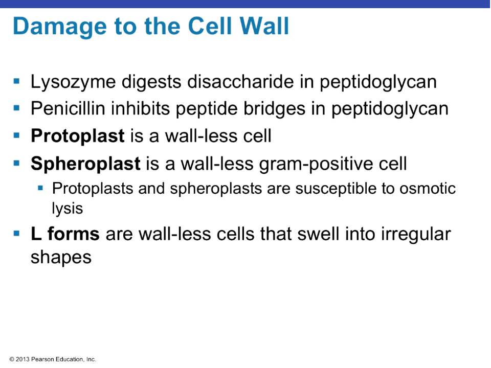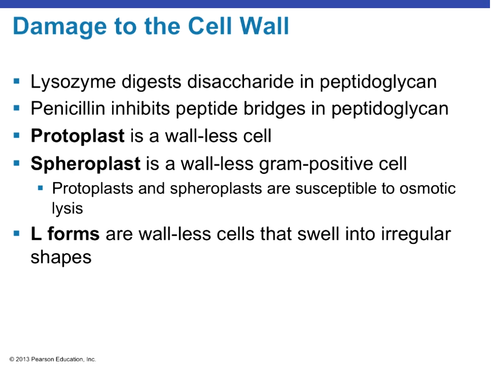A protoplast is a wall-less cell. So we talked about archaea being wall-less cells. A spheroplast is a wall-less cell that would stain gram-positive, and both protoplasts and spheroplasts are much more susceptible to osmotic lysis because they don't really have that cell wall, and the whole job of the cell wall is to prevent osmotic